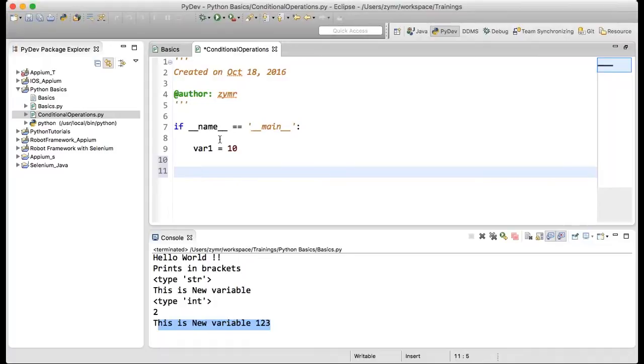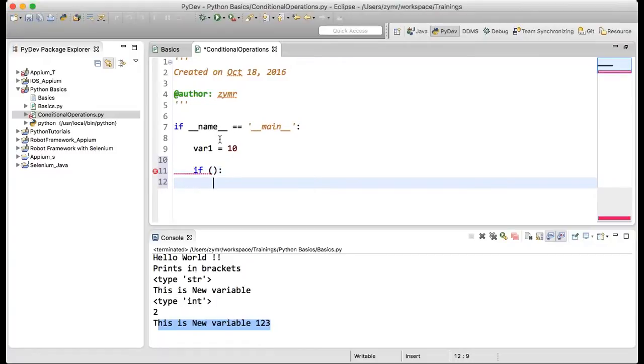In Python, how do you write the if statement? It is if, space, bracket, then colon, and make sure your indentations are correct. When you are writing an if loop, it should be correctly indented.